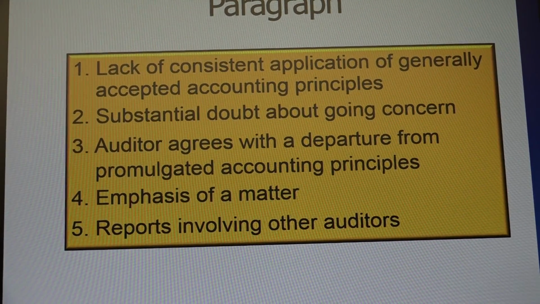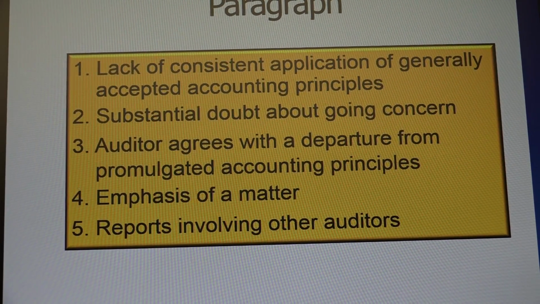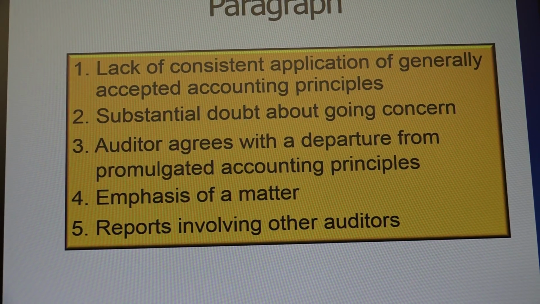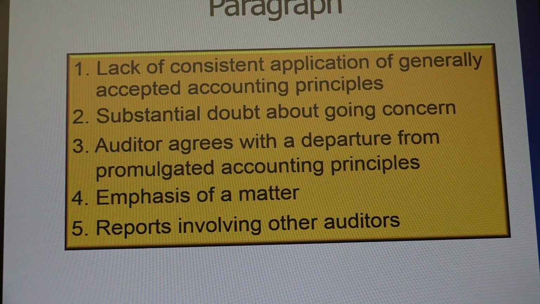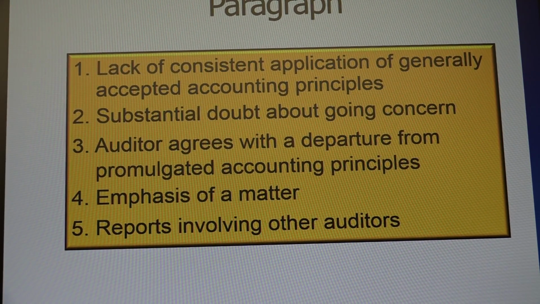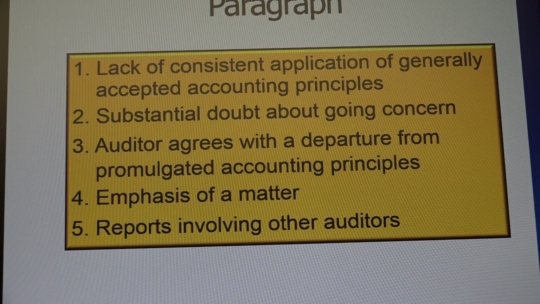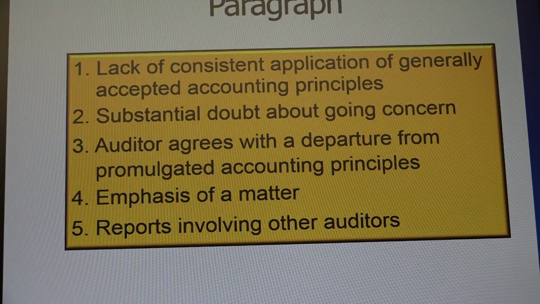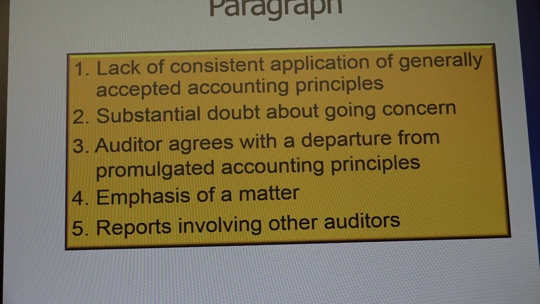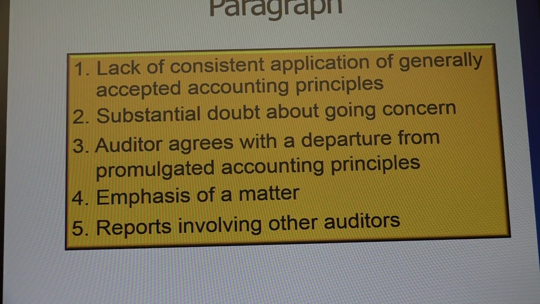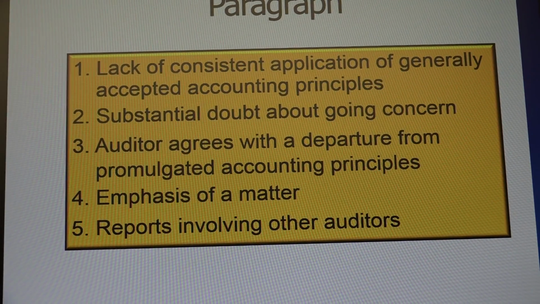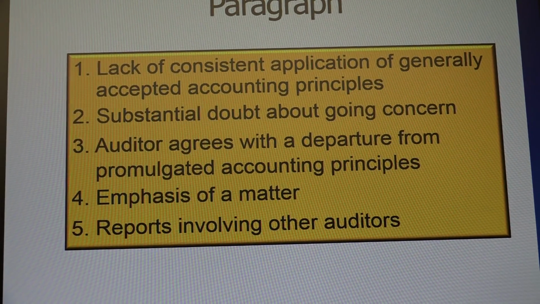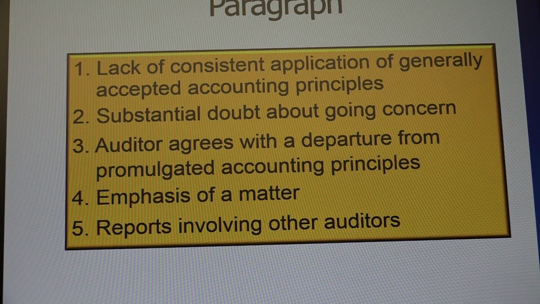The first would be where there's a lack of consistent application of generally accepted accounting principles. The second is where there's substantial doubt about whether or not the corporation is a going concern. Third is where the auditor agrees with a departure from promulgated accounting principles. 4 would be when there's an emphasis of a matter, the auditor thinks there's something that needs to be emphasized, so they have a separate paragraph concerning that. And then 5,